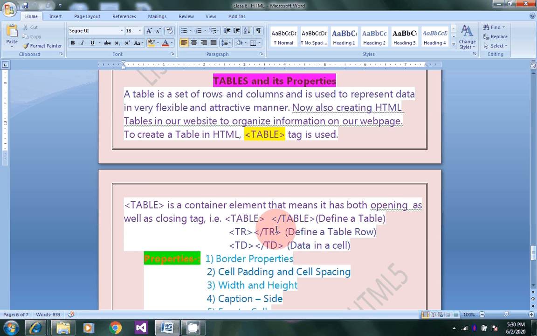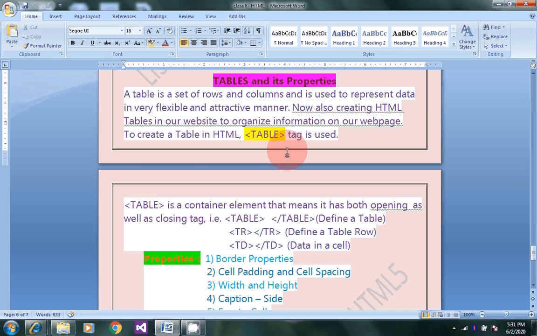You can also create HTML tables in our website to organize information on our web page. To create a table in HTML, you use this table tag.